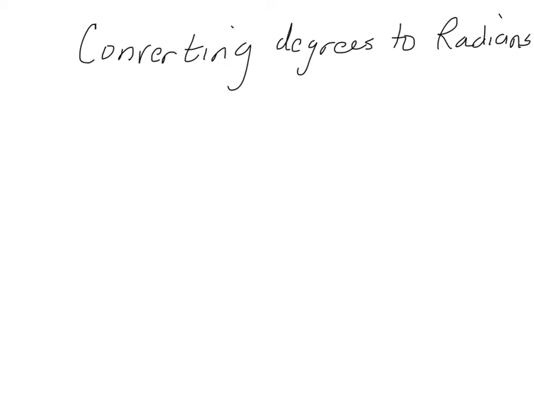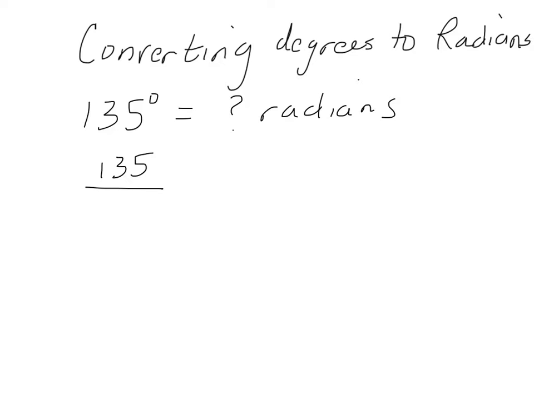Okay, what we're going to do now is convert degrees to radians. So for example, if I have 135 degrees and I want to know what that measure is in radians, I'm going to use the proportion that I have 135 degrees, and in a full circle there's 360 degrees. So I've got the degrees over the degrees equals, I don't know my radians, and my total circle is 2 pi